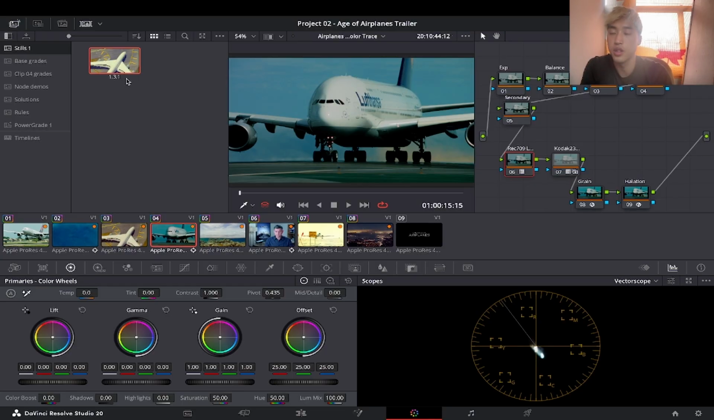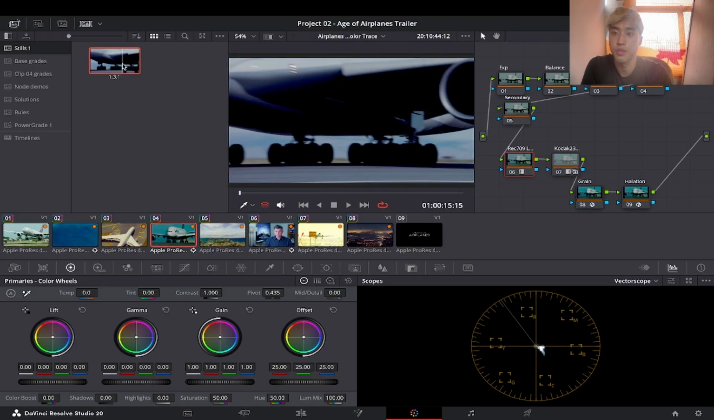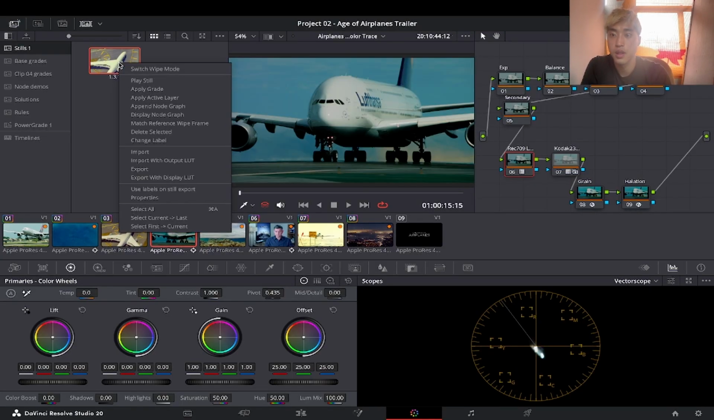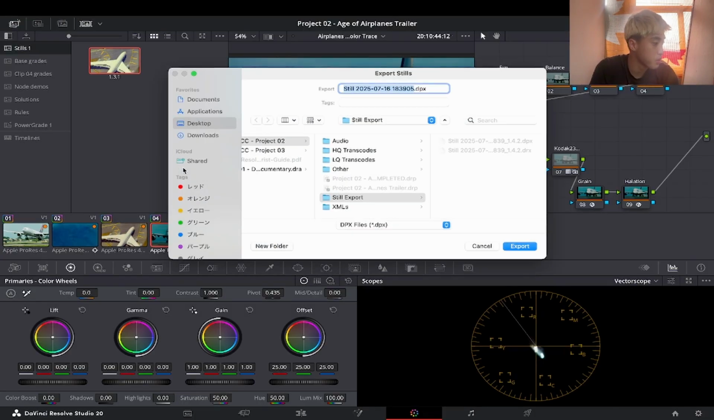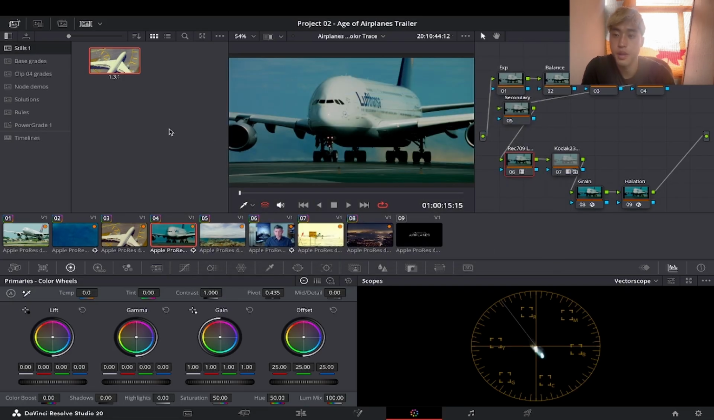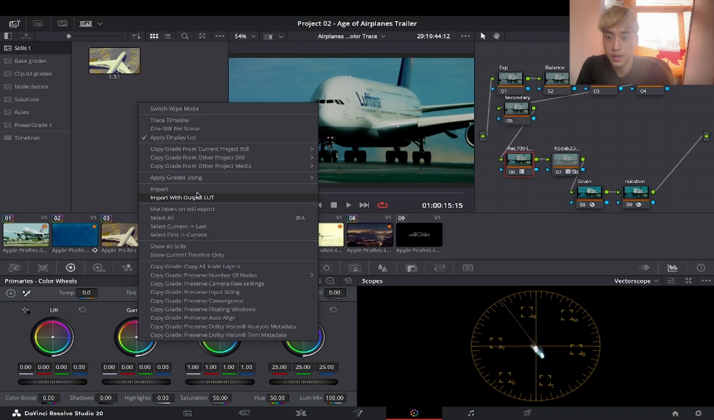So let's say you want to share this one, and right click and export. Make sure the file extension is dpx, and you export. And once you export, open DaVinci Resolve on another PC or iPad. Click and import,